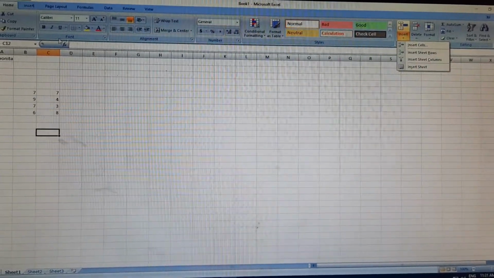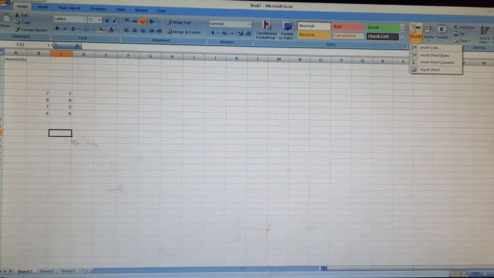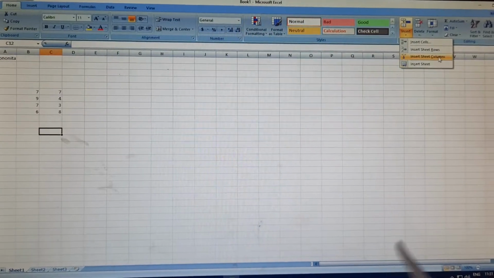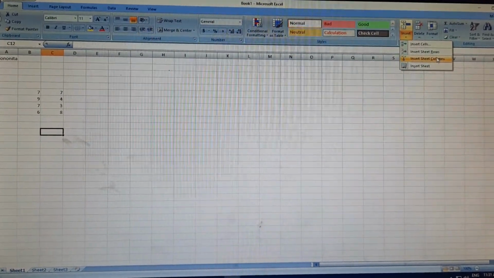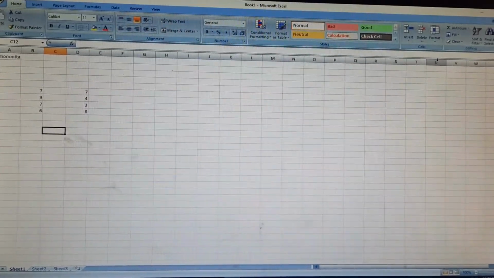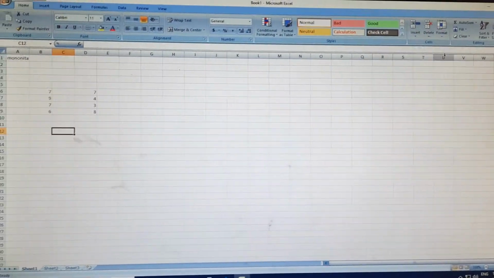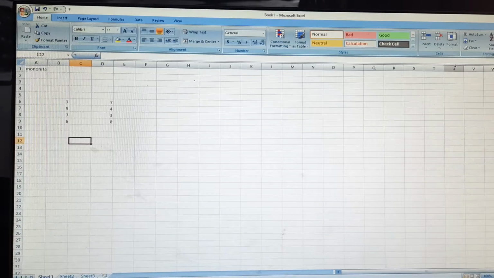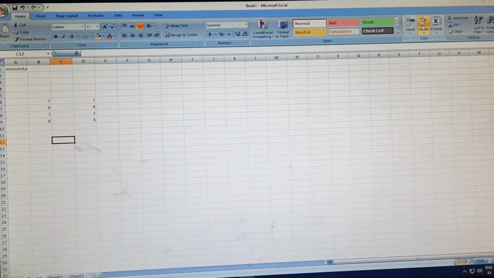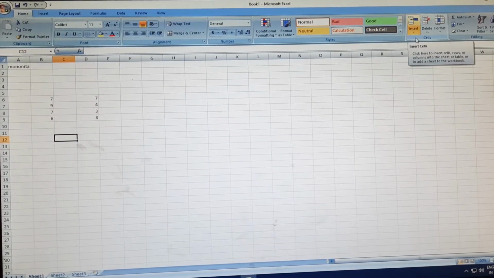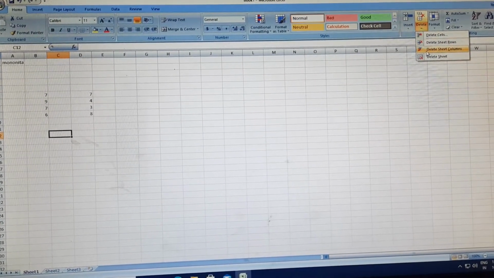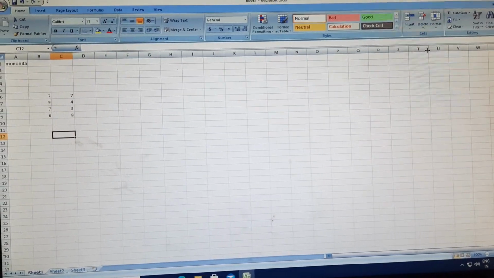So as here my active cell is there in the C column, if I want to insert a column, just click on that and see, one column has been inserted. I want to delete it again, then again go to this, and just click on that.